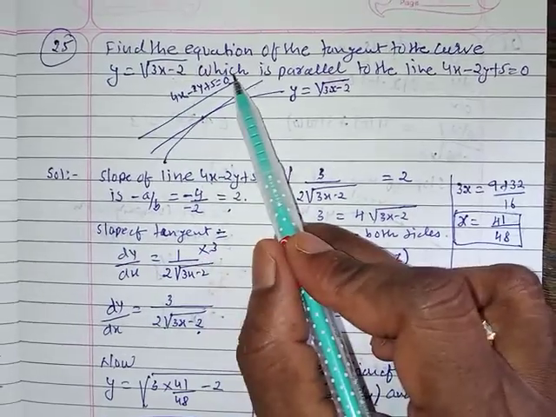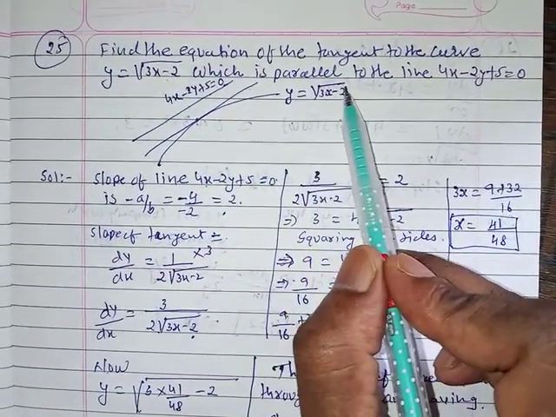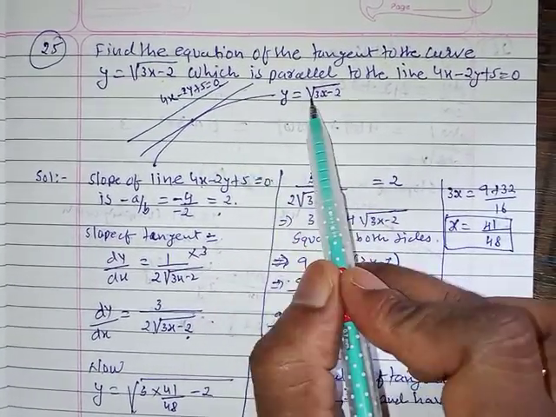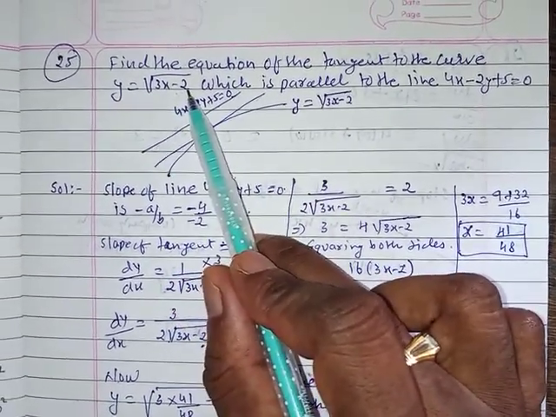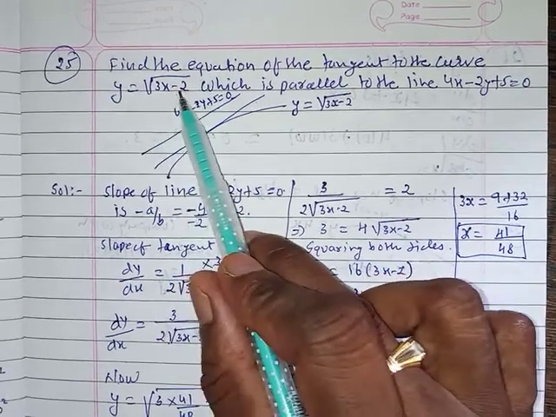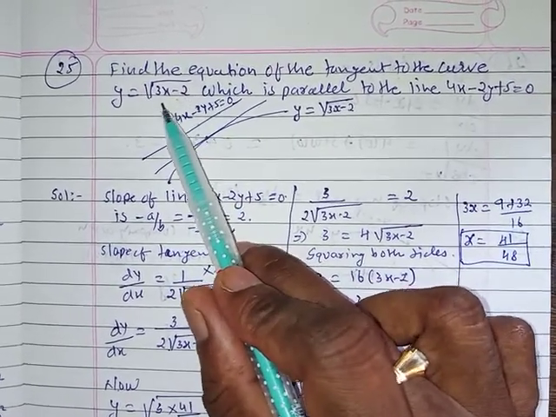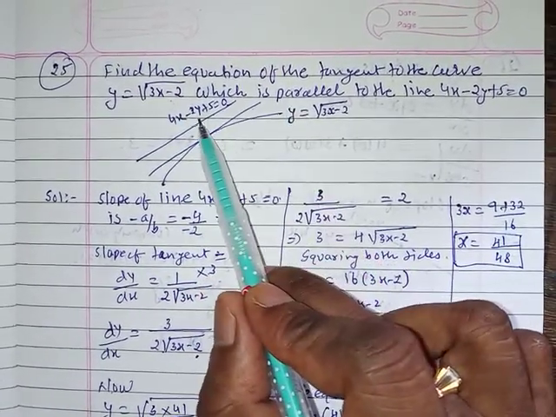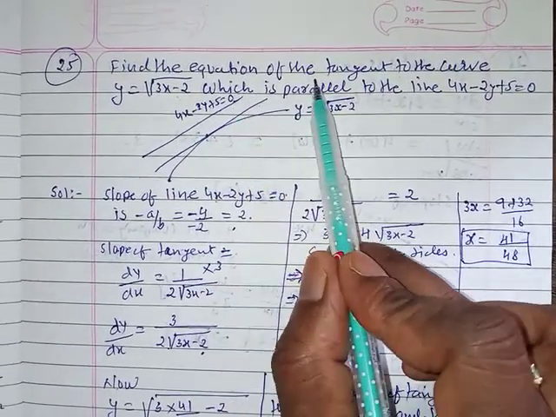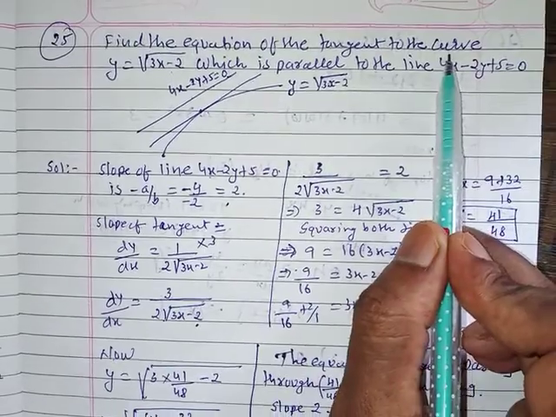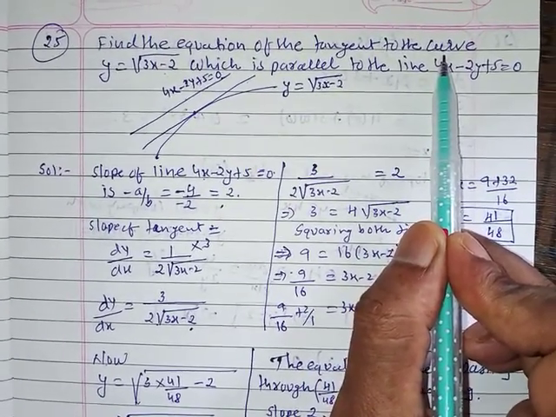So you will get the slope from here and we will get the slope from here, but these slopes are equal, so you will get a value of x. After substituting the value of x in y, you will get a value of y. So we got a point (x, y), and the slopes of these lines are equal. We got 2 points, so an equation of the tangent can be found. This can easily be found out.